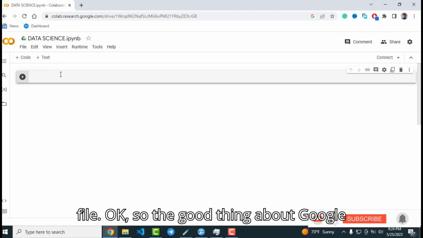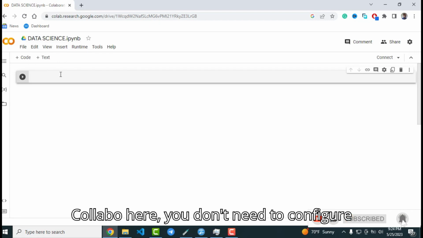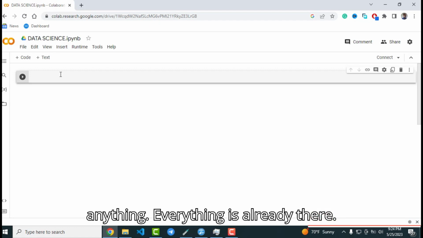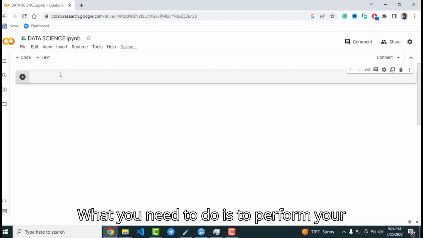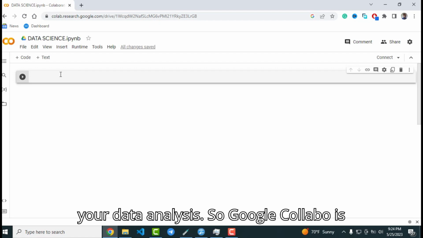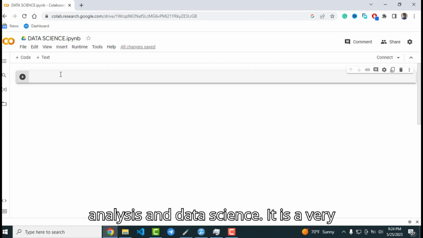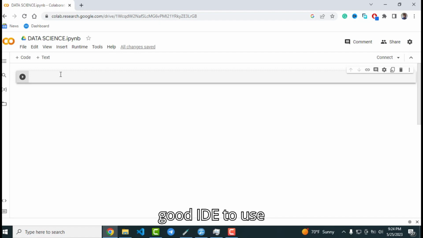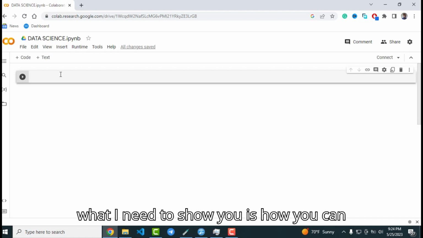The good thing about Google Colab here, you don't need to configure anything. Everything is already there. What you need to do is to perform your data analysis. Google Colab is mainly for machine learning, data analysis, and data science. It is a very good IDE to use for data analysis. Okay, so what I need to show you is how you can import your